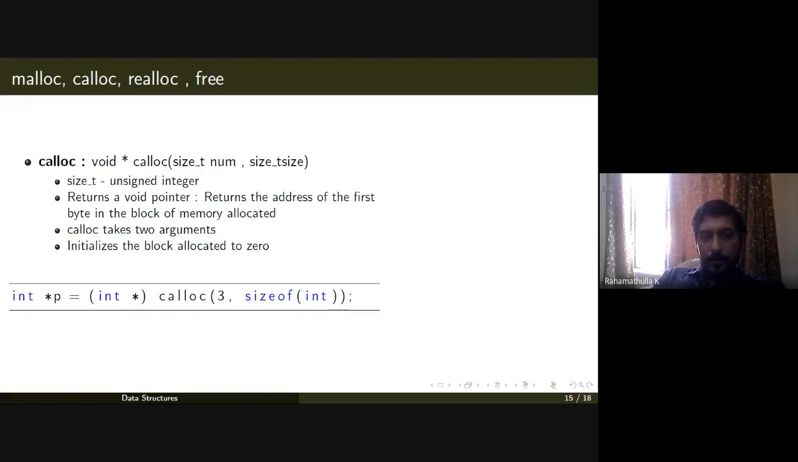So that is regarding the malloc function. This is calloc. It takes two arguments, size t num and size t size. Size t num is for giving how many blocks need to be reserved for storing your value,